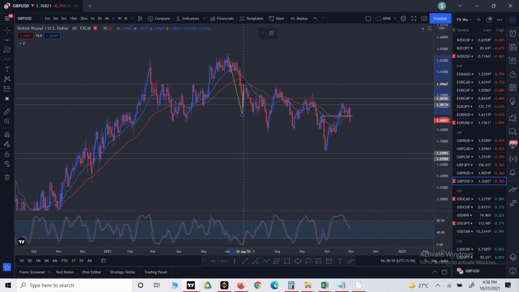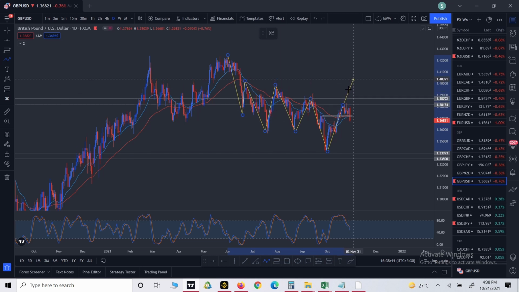Starting from here, we have the low, lower high, lower low, same low, lower high, and then we had a lower low, and the price retested the previous resistance, or the lower high scenario of this downtrend, and already got rejected from this zone. So if we talk about the possible trading setup in this market, then one possibility is